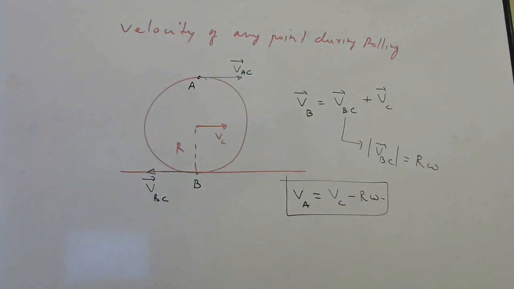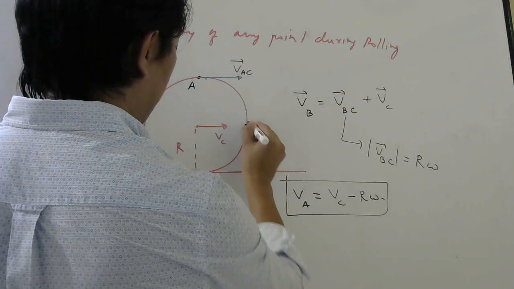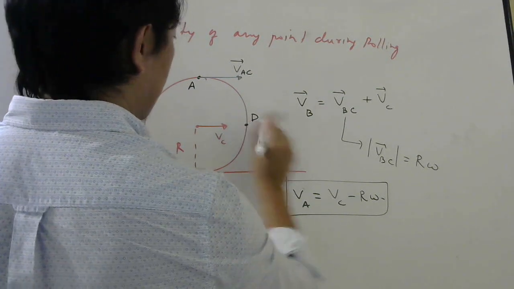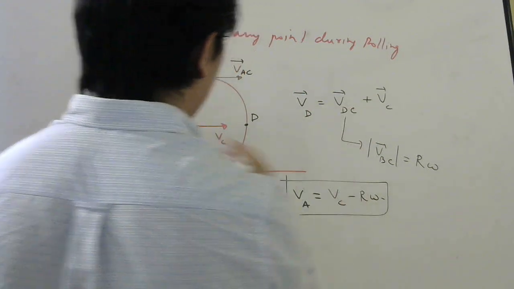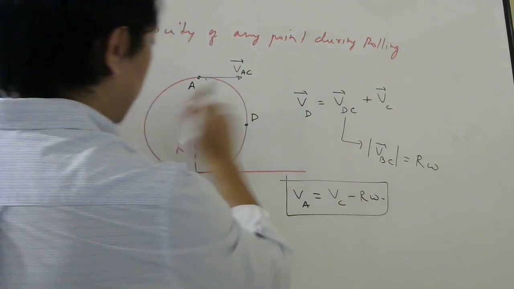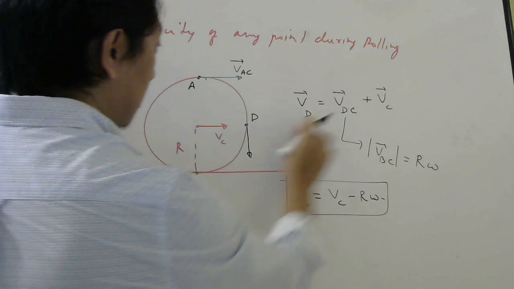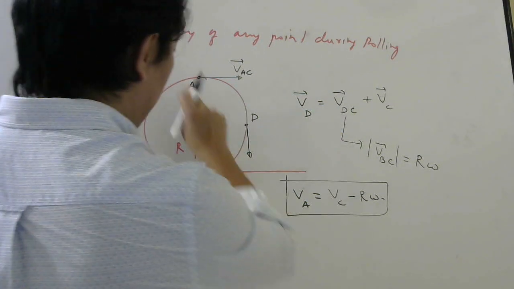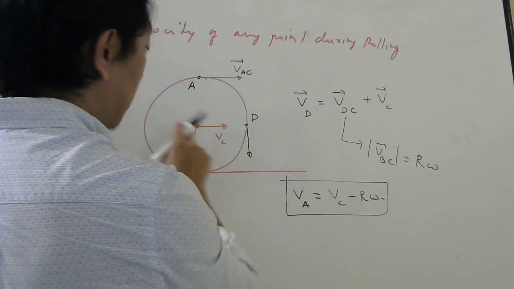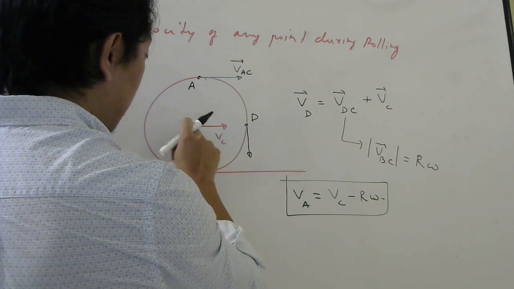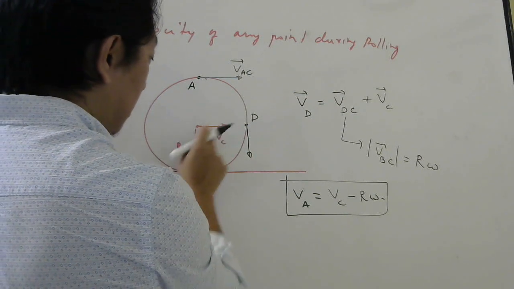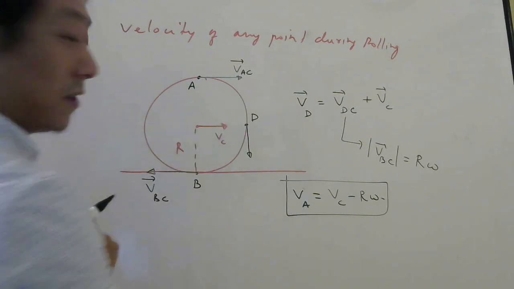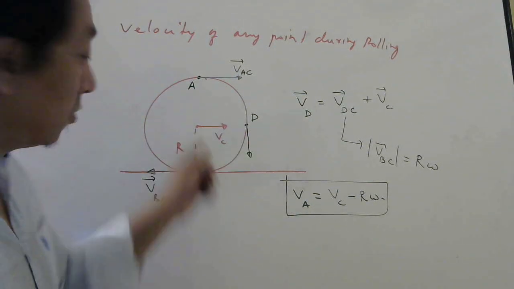So this is how we find velocity. Again, if you take this point, let us say D, here you have to write D. And where will this be? It will be this way, right? Because these velocities are velocity of any point with respect to center of mass. And with respect to center of mass, all the particles will move in a circle. If you sit here, then this velocity you will not be able to see, right? Vc will not be present if you sit here itself.